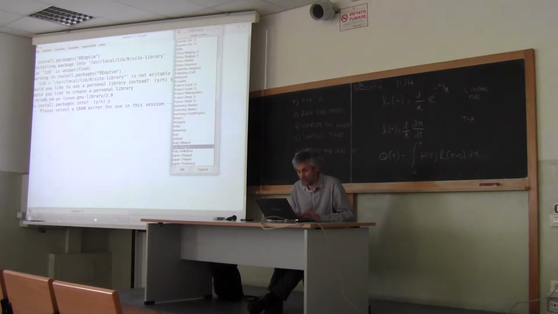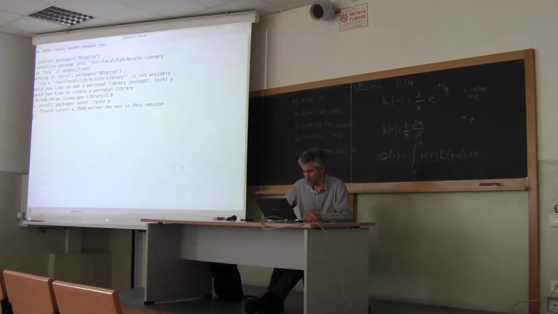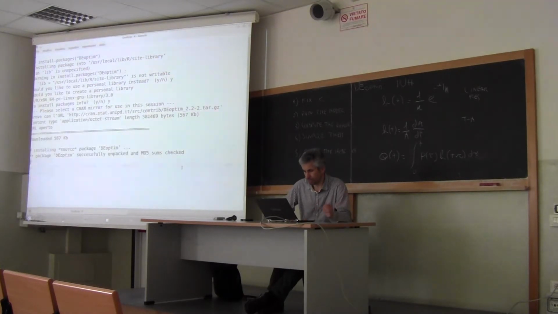So, of course, if you take a Japanese mirror, then if it is very far, the web could be less efficient. In the past, there was a big difference. If the server was located in Milan rather than in Naples, you could really see the difference in the speed of the network until 10 years ago. Now, really, the network is so efficient, it doesn't make a big difference. Let's try this. And then, you see,